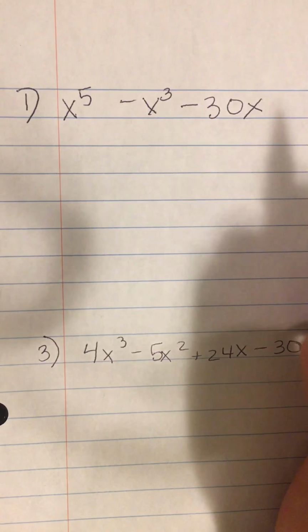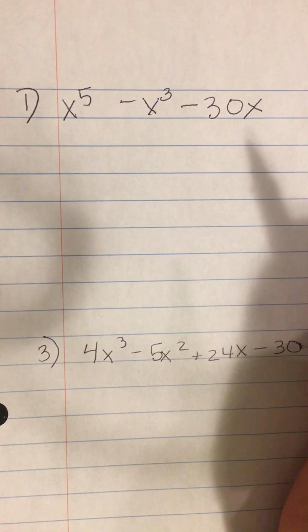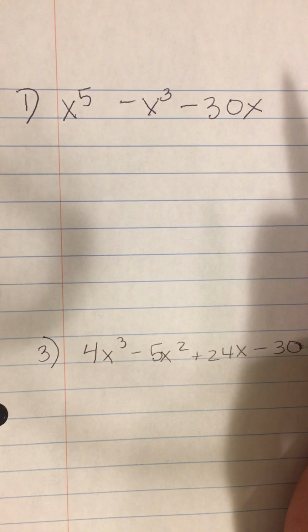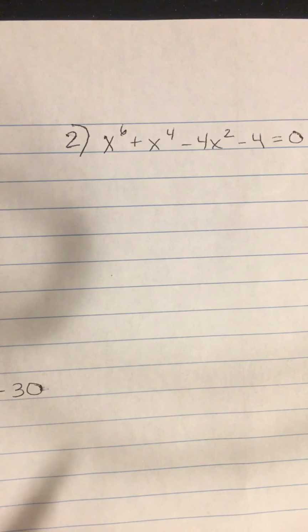Today we're going to make sure we know how to factor expressions that have degrees higher than 2 and 3. We've already used the strategy of factoring by grouping, but we're only used to factoring by grouping when the degree is 3 or less. So now I'm going to run through 3 different examples of strategies you might already know to factor an expression or an equation of a polynomial that has something to the power of 5 or something to the power of 6,